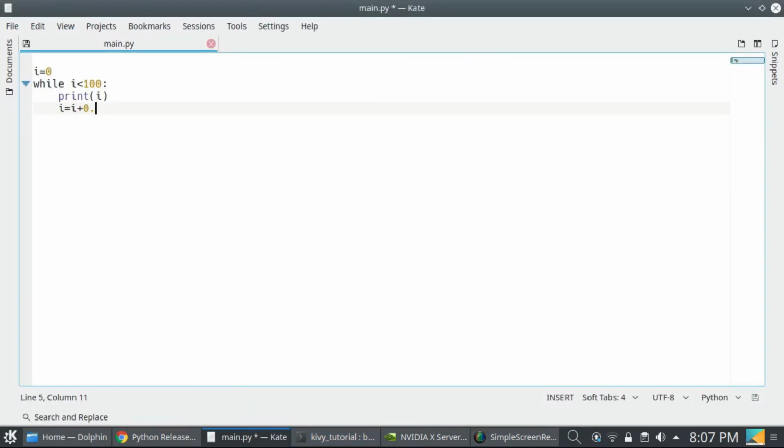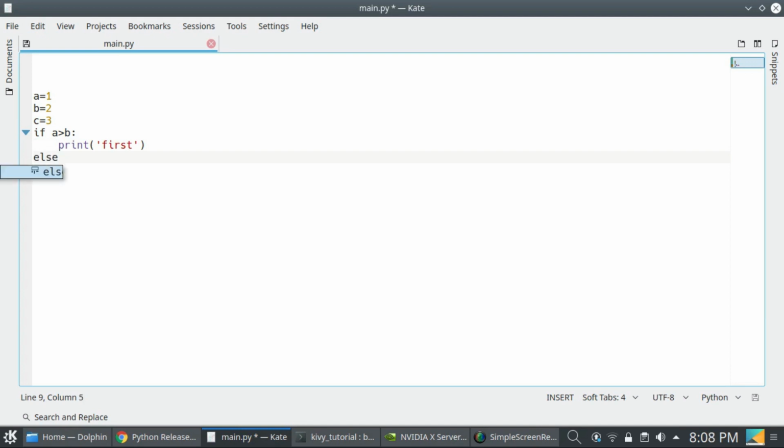Okay, so now conditional statements. You can use a conditional statement like this: I have three variables, A equal to 1, B equal to 2, C equal to 3, and if A greater than B, then print first, and else print end.